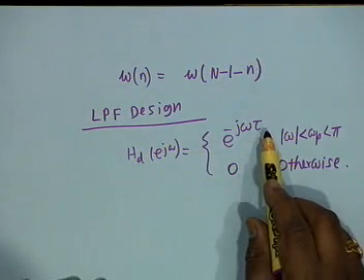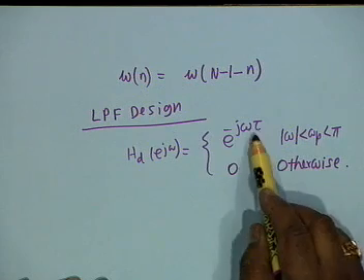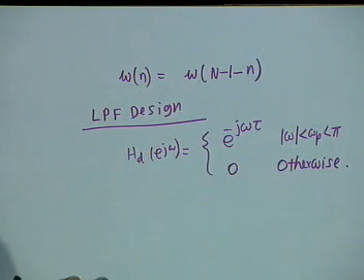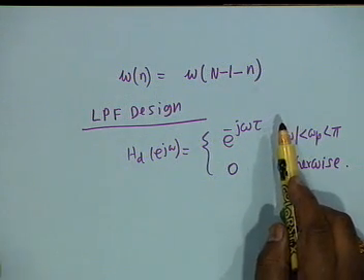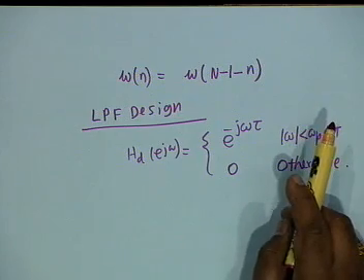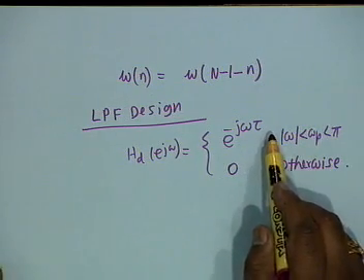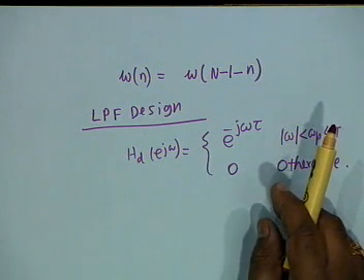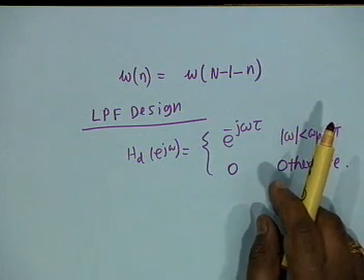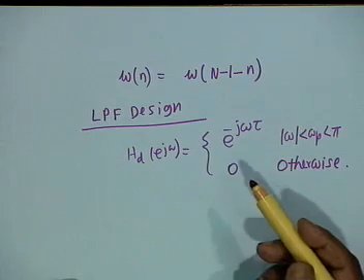When we want tau, obviously we have fixed our capital N. Isn't that right? What should be tau? Tau is capital N minus 1 by 2. Once tau is given, you have no choice. Only thing you can play with are the window functions. Isn't that right? Okay. So let us see what this gives.